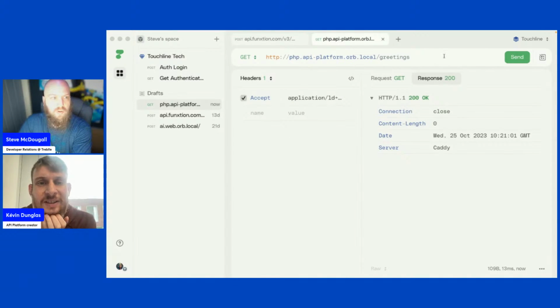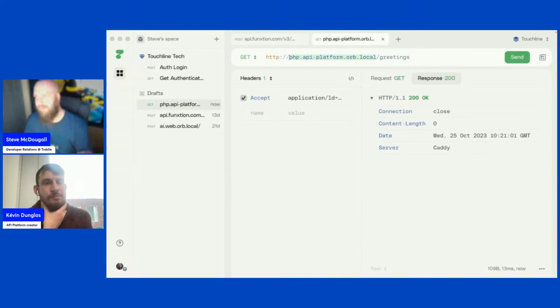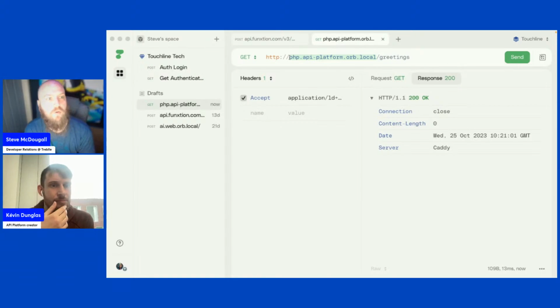Oh, okay. It's because this name, this host, is not registered by Caddy. By default, it only listens for localhost, and so you should get a page from Caddy saying that this host isn't supported. So that's more of a local configuration thing that's gone wrong there. It's nothing to do with API Platform or any of the Docker setup. It's my fault for having Herd installed to manage my PHP. That's what's got in the way.